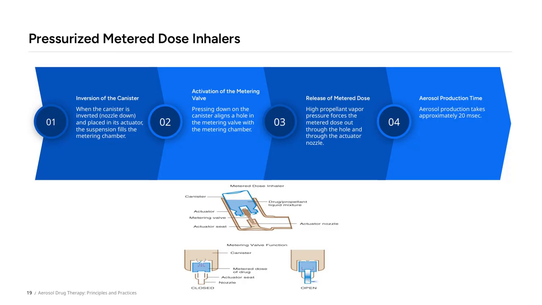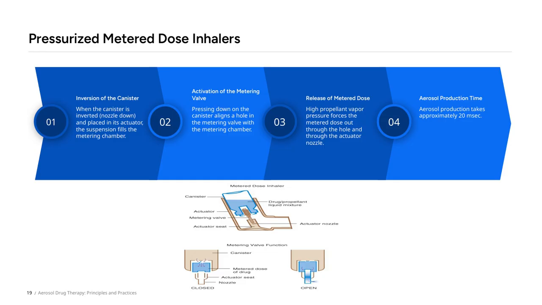Now let's take a closer look at how pressurized metered dose inhalers, or MDIs, work to deliver medication effectively. First, when you invert the canister, nozzle down, and place it into the actuator, the suspension inside fills the metering chamber. This step is crucial because it prepares the dose for delivery. Next, when you press down on the canister, it aligns a small hole in the metering valve with the metering chamber. This alignment allows the high-pressure propellant vapor to push the medication out. Because of the high vapor pressure, the metered dose is expelled through this hole and out through the actuator nozzle